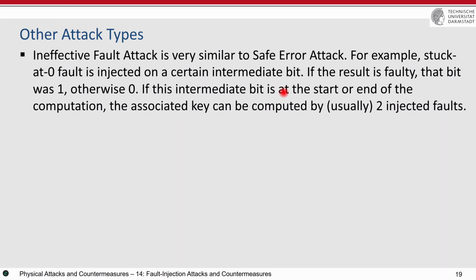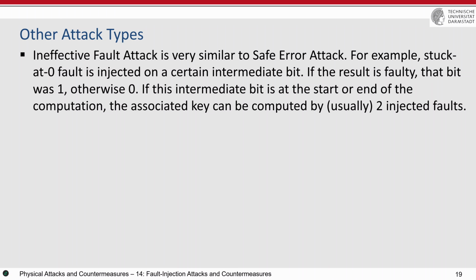In the safe error, we had the fault directly on the key values. But here we have the stuck-at-zero on a certain intermediate bit, for example, again, an S-box input or S-box output, somewhere in the intermediate values. And if the result is faulty, that bit was 1, otherwise it's 0. If this intermediate bit is at the start or end of the computation, then the associated key can be calculated easily. You force one intermediate value, one S-box input at the last round, for example, to 0 LSB, and then